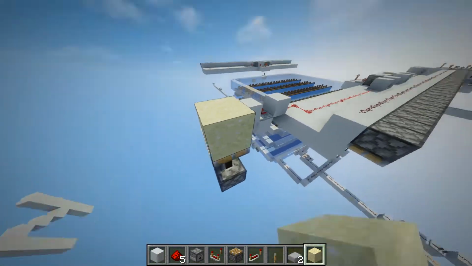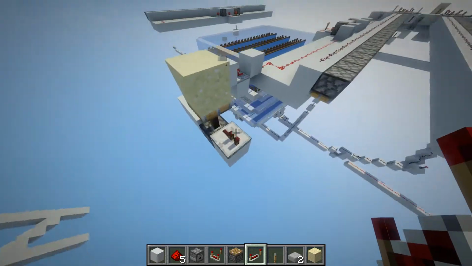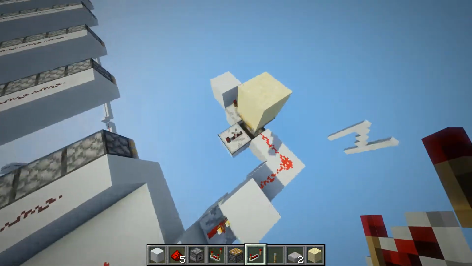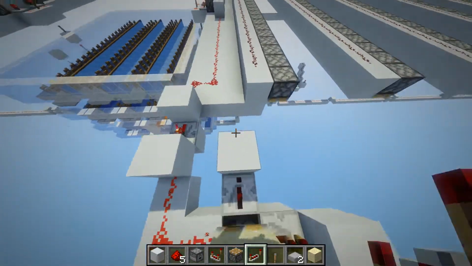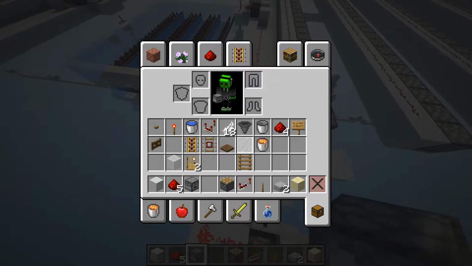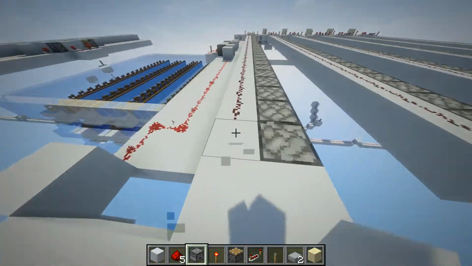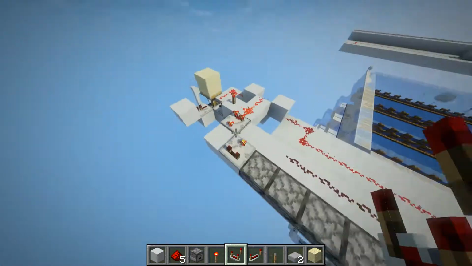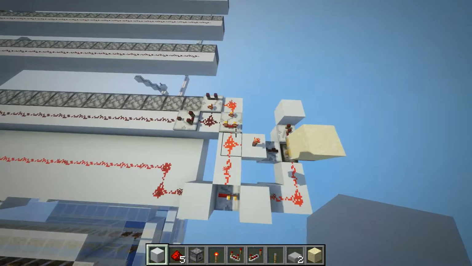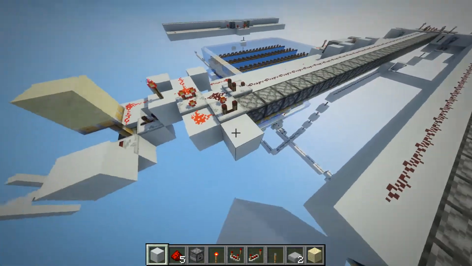So piston, sand, and then your repeater not there. That would be a horrible idea. And then coming out of the sand, 2 ticks, like so, with blocks in this formation. Torch, redstone dust there, comparator in subtract mode, make sure you're in subtract mode, this one not in subtract mode, then torch over there, dust over there. Then after that, torch here and here,